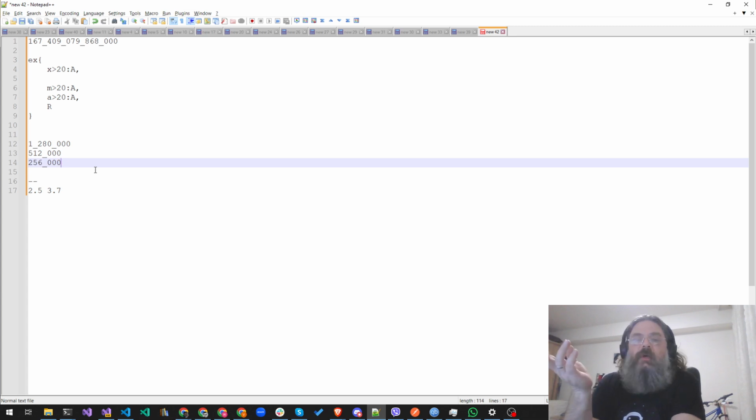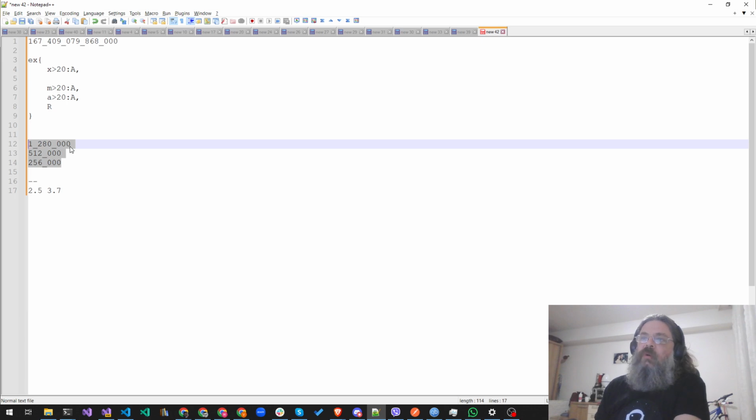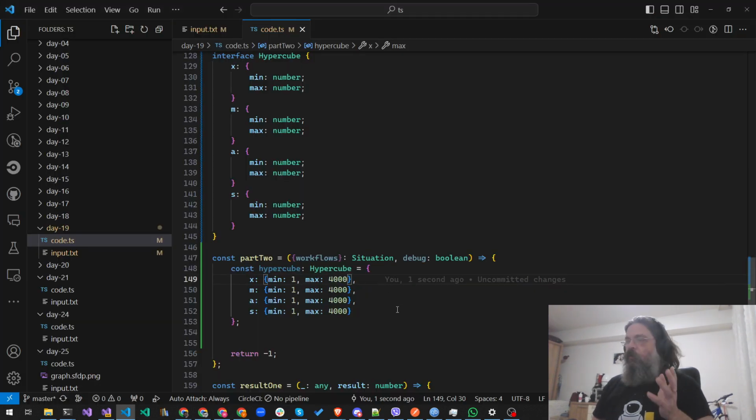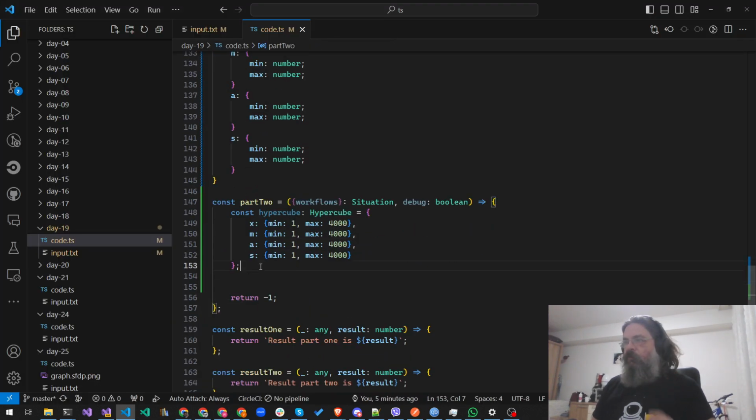So that is what we're gonna do with our hypercubes. And if we add this all up, we will get how many we actually pass. Which means that we need to have a method